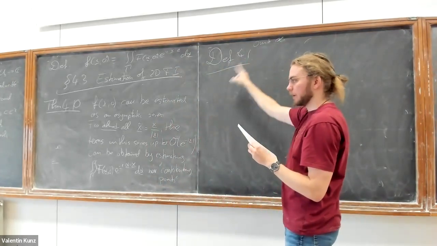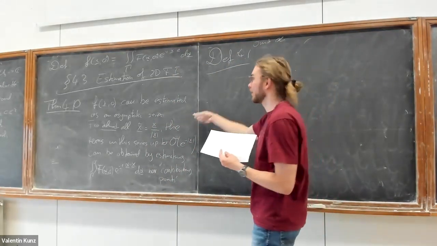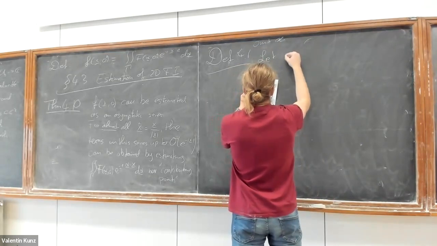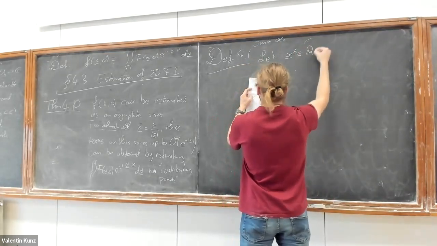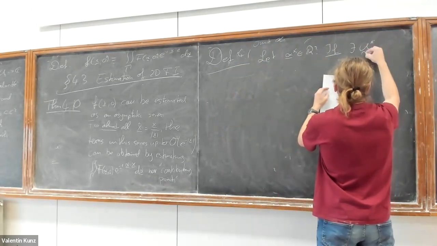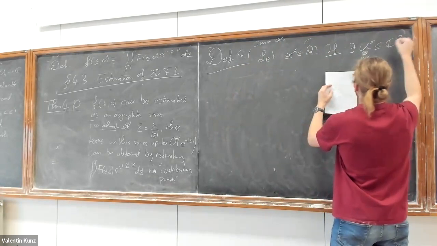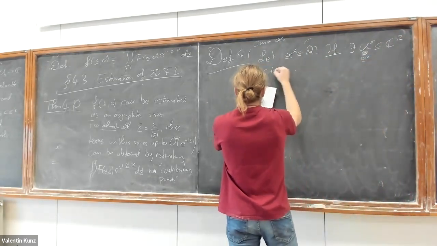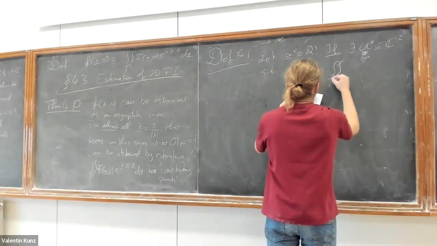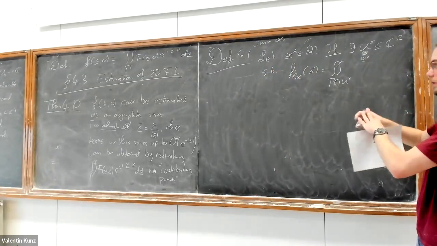So I quickly want to tell you what a contributing point is, because without that it doesn't make sense why this is important. Let alpha star be a point in the spread. If there exists a neighborhood U star of alpha star in C squared such that F local of x, which is this integral, you just look at the integration locally,